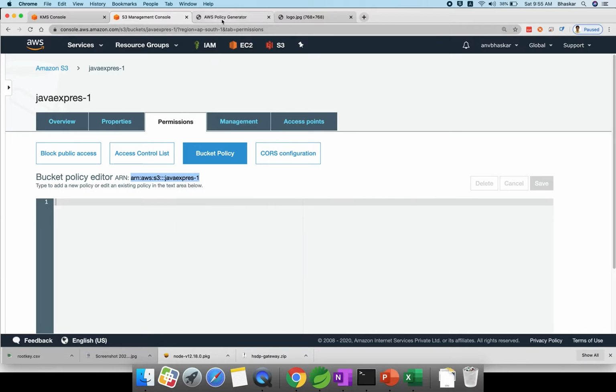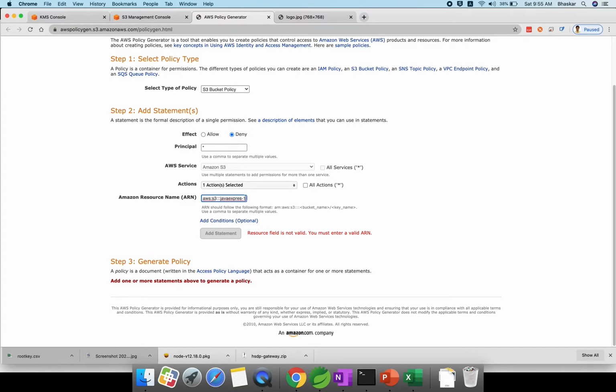This ARN is useful, you can give it here. This action applies only to the bucket. Inside the bucket we have a lot of objects, right? When I say a lot of objects, you can give /star. The star means any object, so it applies to all objects.